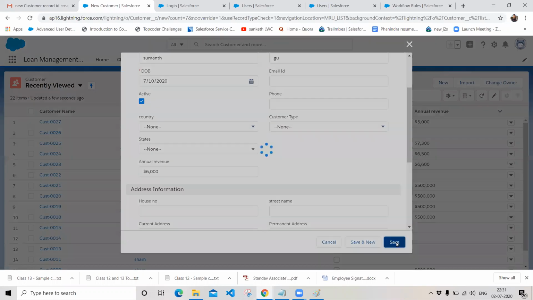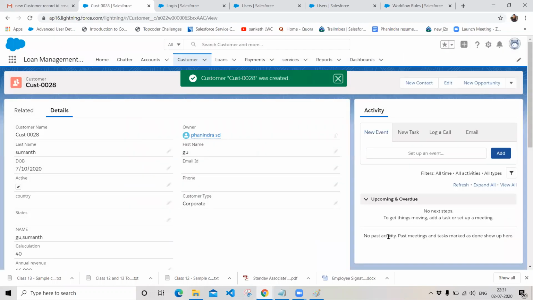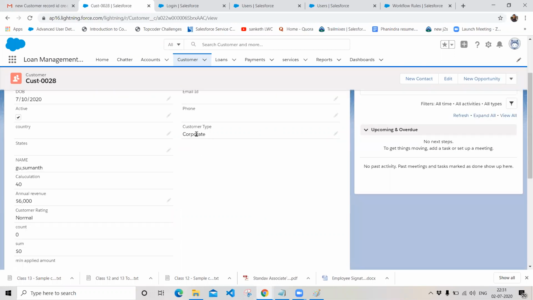And click on save. Once you click on save, automatically the action of updating a field will be performed. You can see that the customer type is automatically updated.